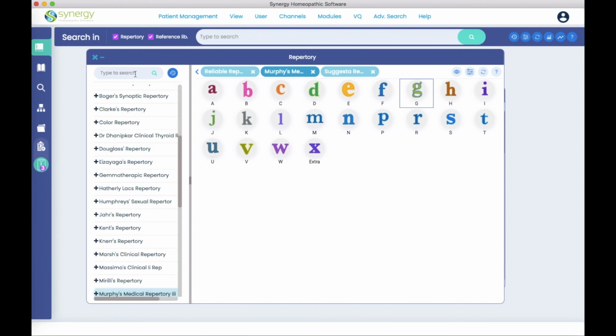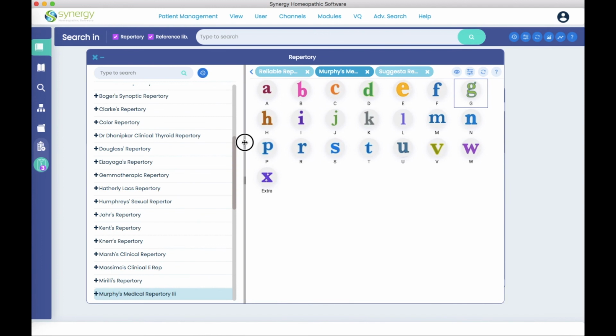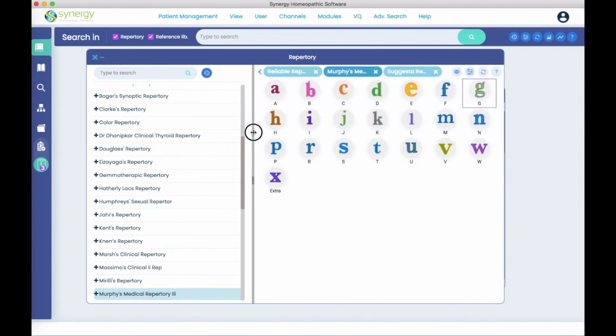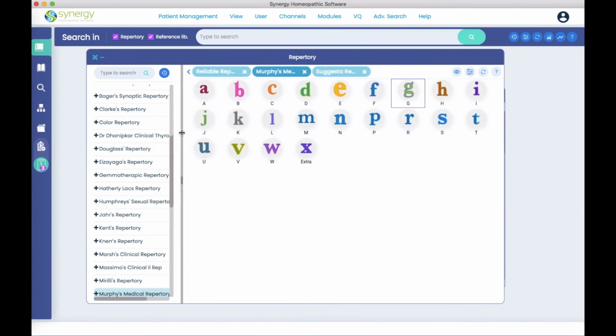Clearing your type to search window will bring you back to the whole list of repertories. And this right here gives you the history of where you've been in your repertories. You can also change the sizes of the left and right pane this way. And you can also filter